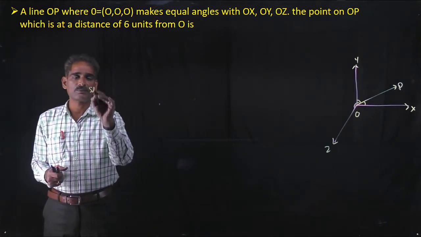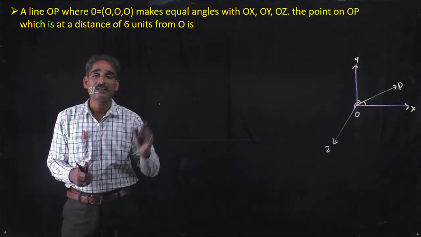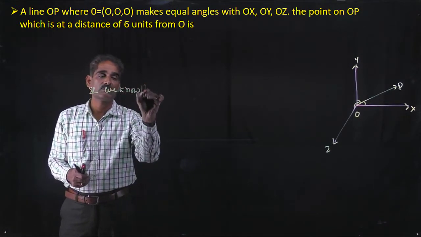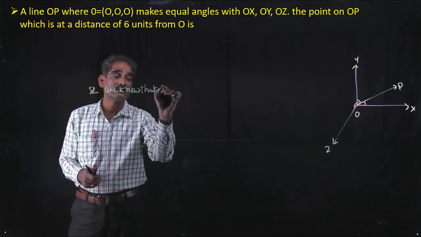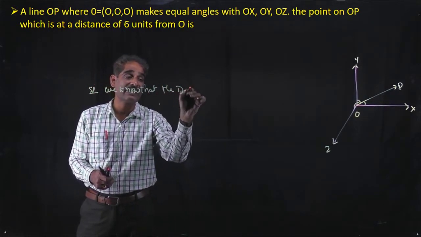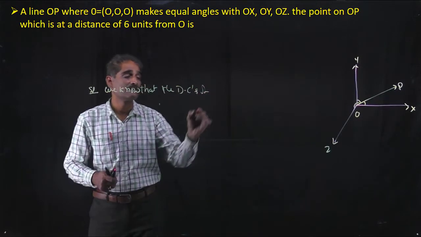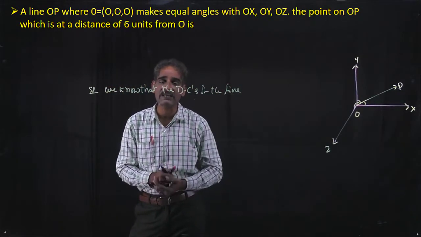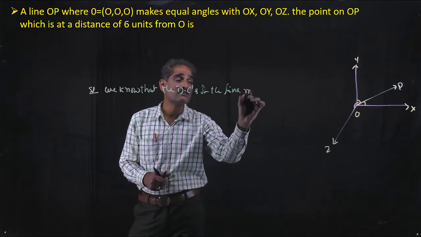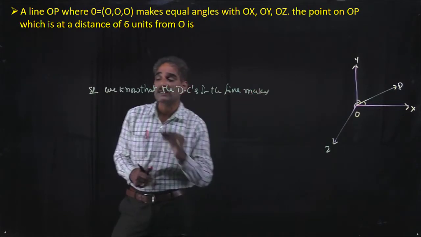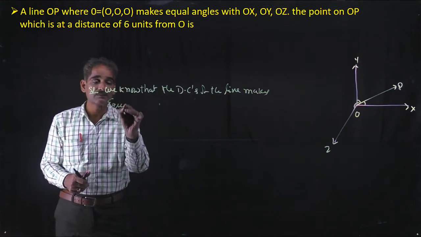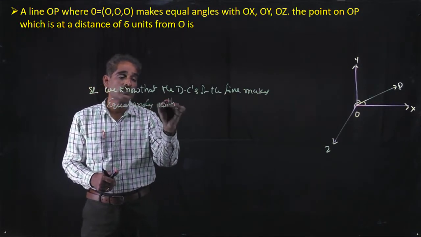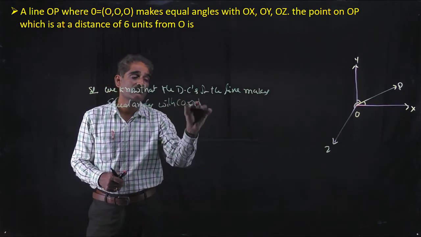We know that the DCs of the line which makes equal angles with the coordinate axes